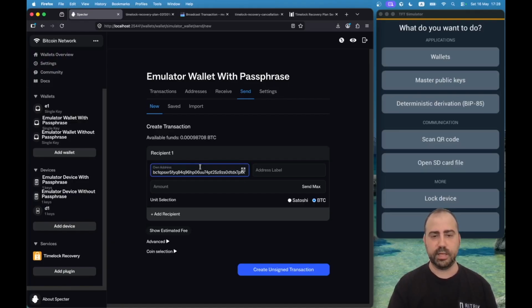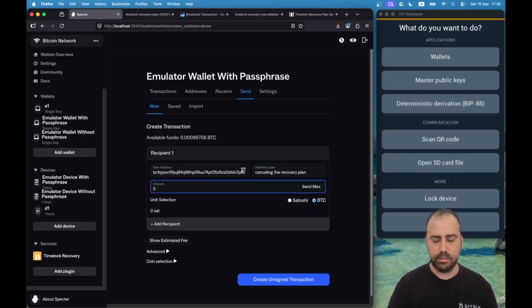Let's paste the address here, canceling the recovery plan, and the amount can be any amount. If you want to save some sats, you can do send max, and then you won't have any change address, but you can also just type any tiny amount, let's say 600 sats. Let's create the transaction